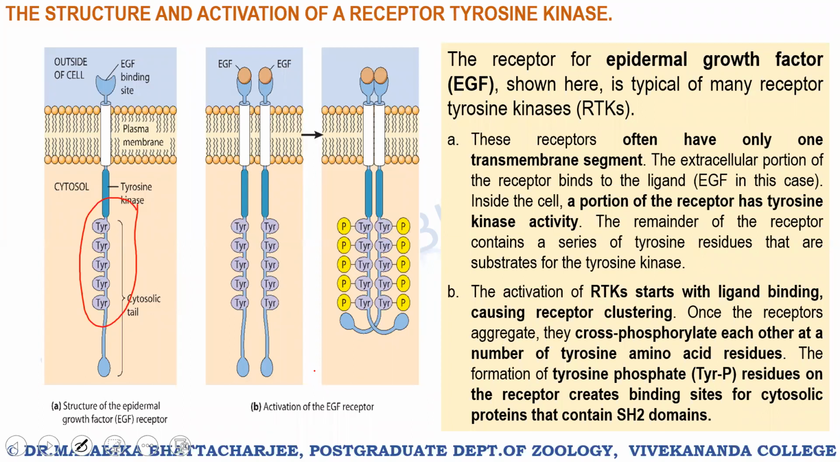This is a beautiful example of one specific category of our receptor tyrosine kinase, the epidermal growth factor receptor. So you can see this is the epidermal growth factor receptor. It has an extracellular part, a transmembrane part, and an intracellular tail. And you can see the tyrosine residues on the intracellular tail. Now, as the epidermal growth factor binds with this receptor, you can see